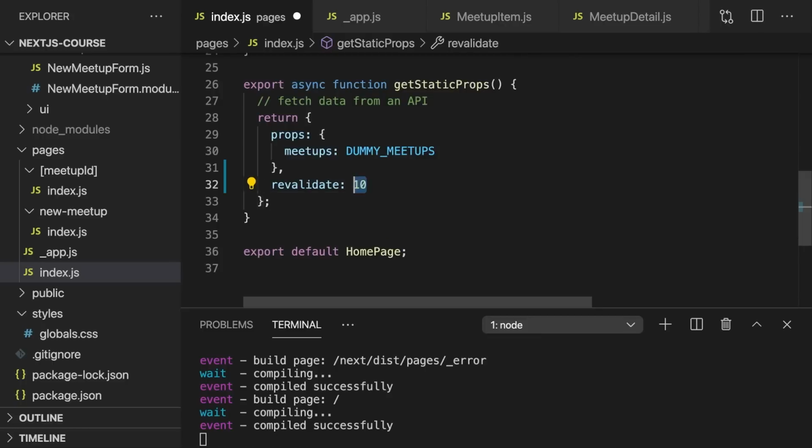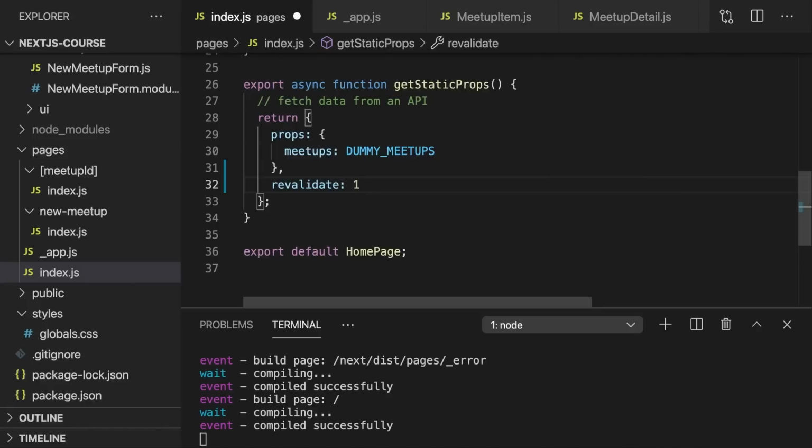And therefore, the number of seconds you want to use here depends on your data update frequency. If your data changes once every hour, then setting this to 3600 might be great. If it changes all the time, 1 second might be better. But whatever you set this number to, you will ensure that this page will occasionally be